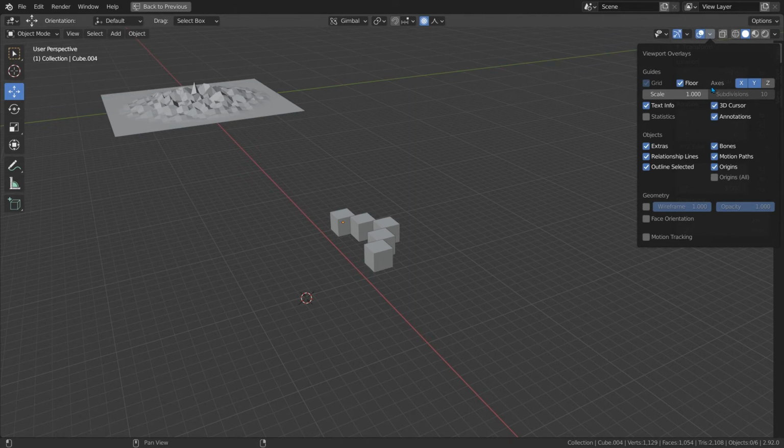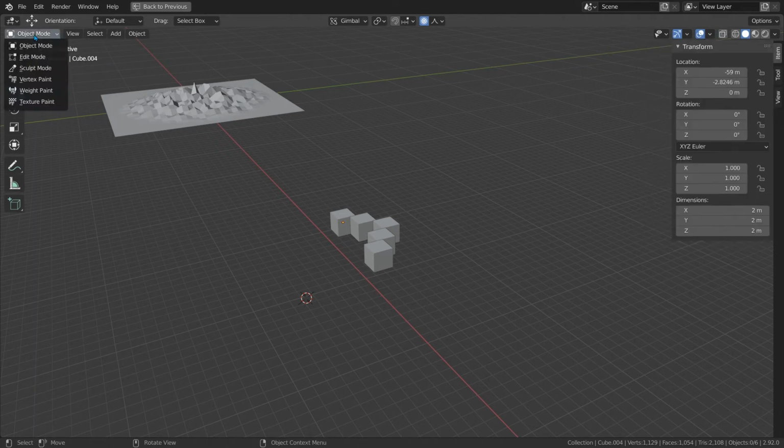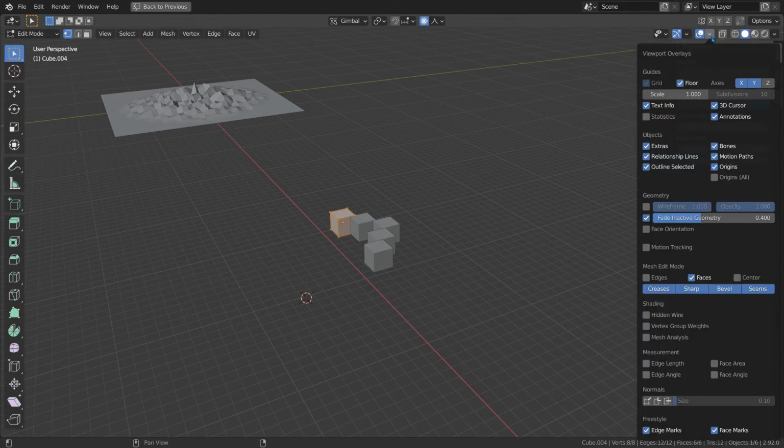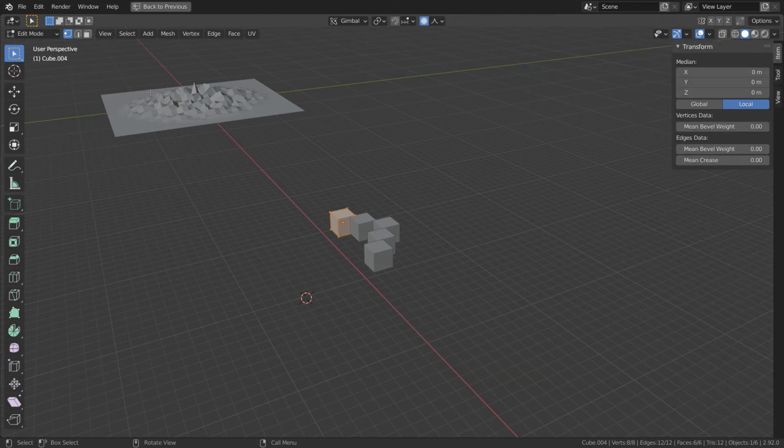Next to that, we have a menu that lets us show or hide viewport elements that live inside the viewport, such as the floor and axis lines. This menu is context sensitive based on what mode you are in. So, for example, if we select edit mode, in the lower portion, we get options related to edit mode. Going back to the top for a second, we can turn the floor on and off. I'll keep it on for now. You'll notice we have an X and Y axis, but no Z. That's because it's turned off in this menu.